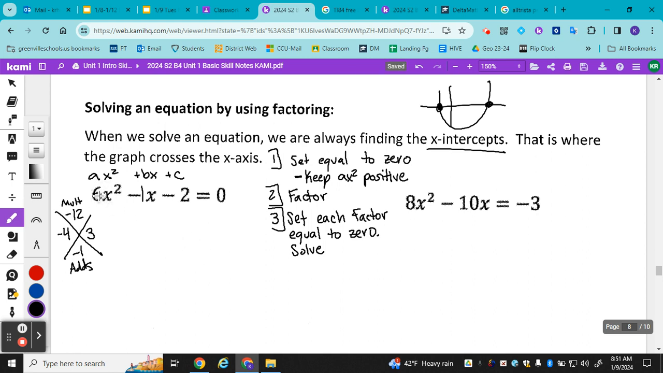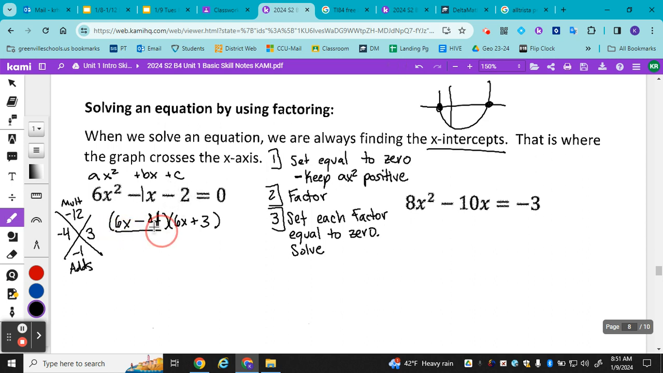Since there's an ax squared, I'm going to put that in the front. We're going to get rid of the equal 0. So 6x goes in the front, and then I use my numbers, negative 4, positive 3. Now, 6x times 6x is 36x squared, so we have an extra factor of 6. 4 times 3 is 12, so again, we have an extra factor of 6, so we have to take it